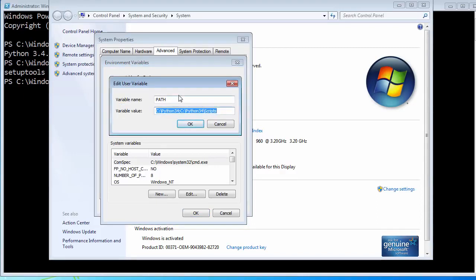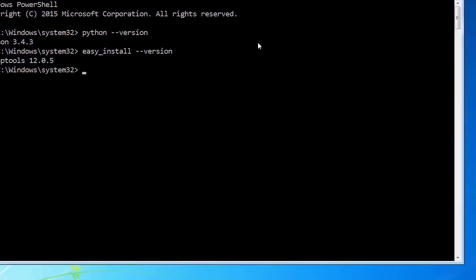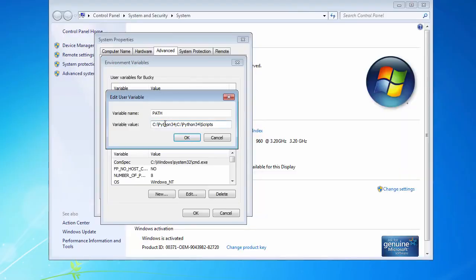Now, by the way, if you guys are wondering what the heck we're doing, this is where you tell Windows where to look when we type something into the command line right here. So it already has Python set up. So this is how it knows to look in this directory for Python. However,